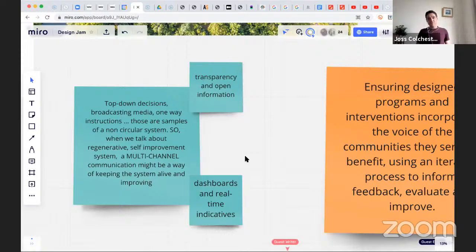Yeah, for sure. Getting everyone's input, keeping it alive, as you say, and having multiple inputs and seeing the effects of those inputs as a way to make it a regenerative, self-improving system, and moving away from top-down decisions. But the problem is complexity, isn't it? Right? We have those single channels, those top-down, because it's a simple way of doing it. And then you're getting into quite complex systems when you really want these multi-channels, everyone to have their input, aggregating that input, and really affecting the system.